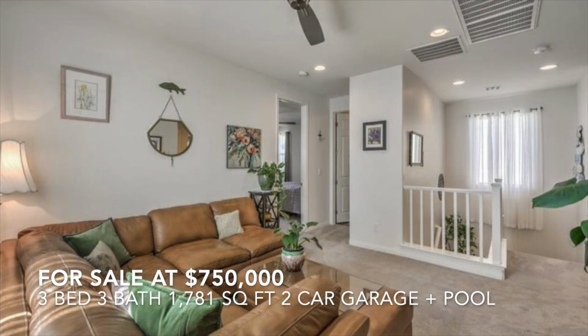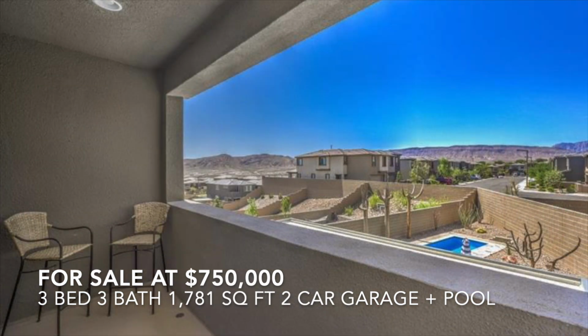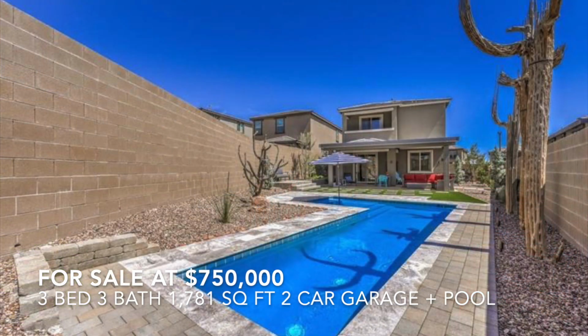But what makes this home really unique, I think, is the shape of the lot. A lot of times when you back up to a cul-de-sac, you'll have kind of an odd-shaped lot because there's a circular situation going on behind your lot, and the way it's divided, you end up with this pointy end at the back of your yard. That little pointy end counts as your square footage of your lot, but you don't really utilize it that much. So what they did is they put this L-shaped pool in that back corner, so it really takes advantage of that narrow end of the lot,